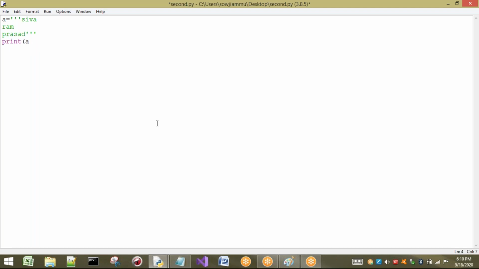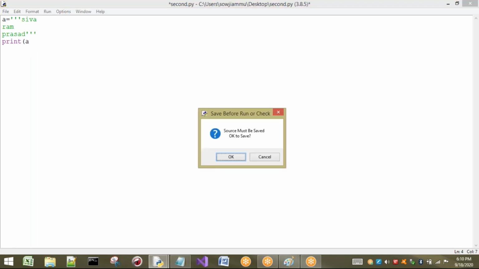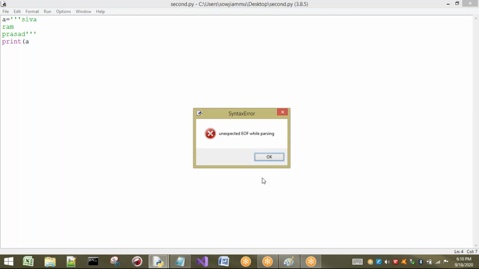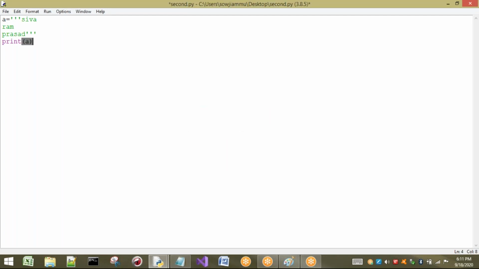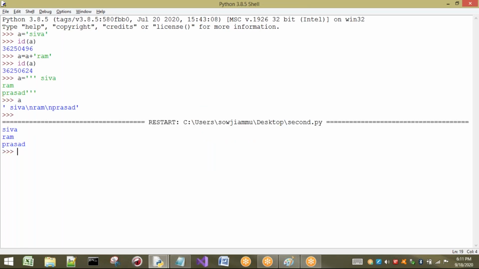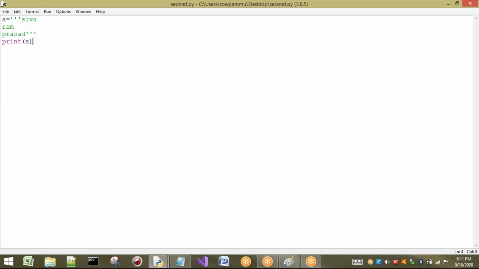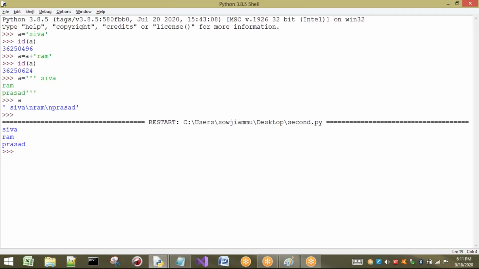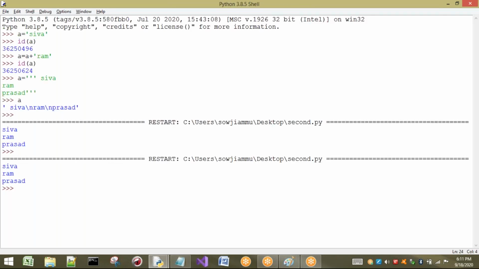If you observe the output, Shiva, Rama and Prasad are in multiple lines. So for taking multiple lines, we can apply triple single quotes. You can also see that if you take triple double quotes, the same output is generated.